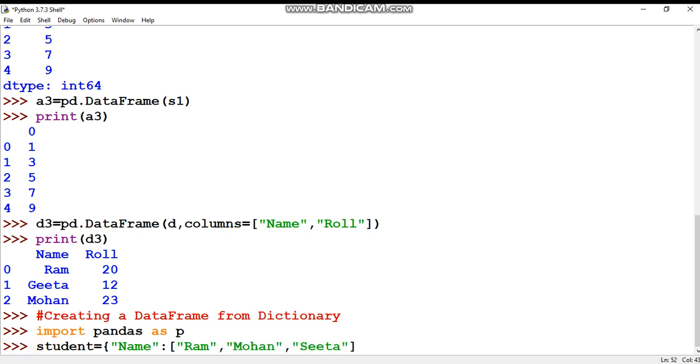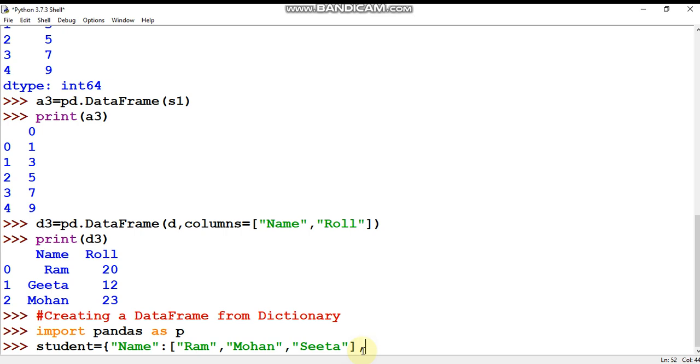In a dictionary, just remember two parts are there. The first one is called the key, and the value of this key is Ram, Mohan, Sita. The key is name, and the value is in the form of a list. How can we separate this? By using a comma.